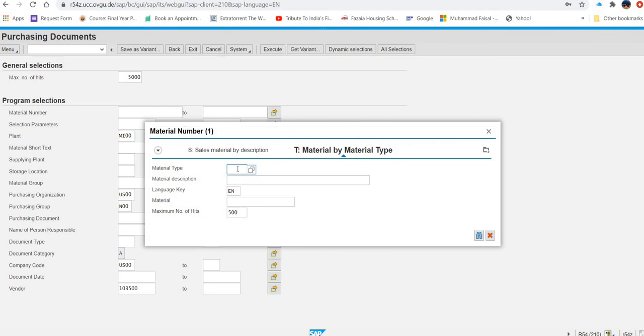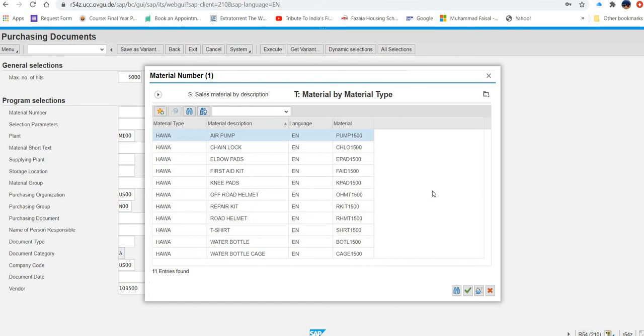Now here in the material type, they are saying you have to type HAWA, and language is English, it's there, and for material they are asking star and your GBI number. My GBI number is 500. Now let's search. So what happened?